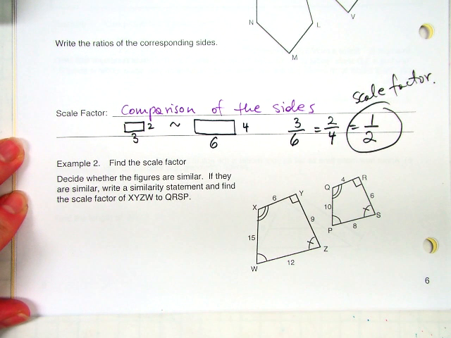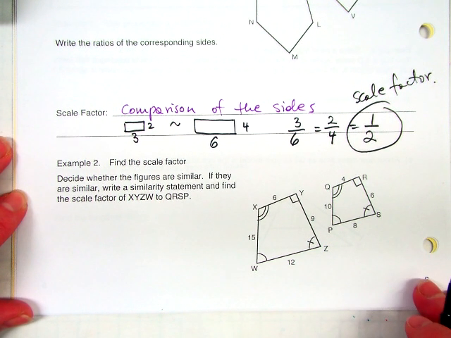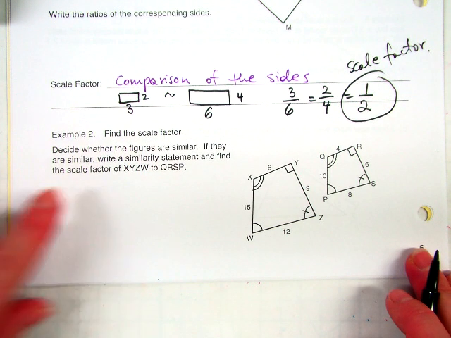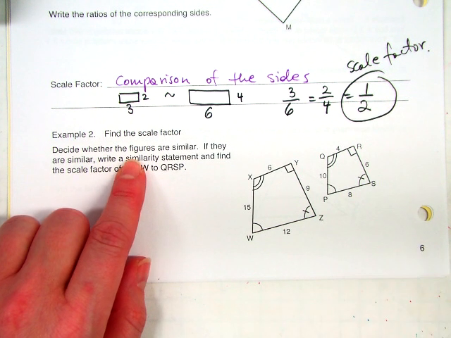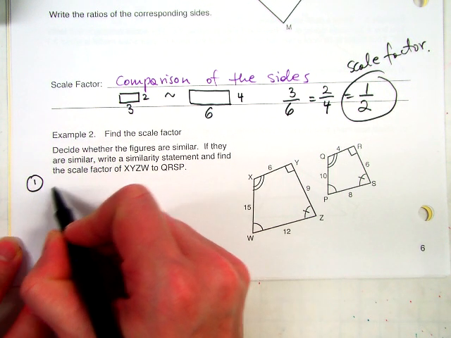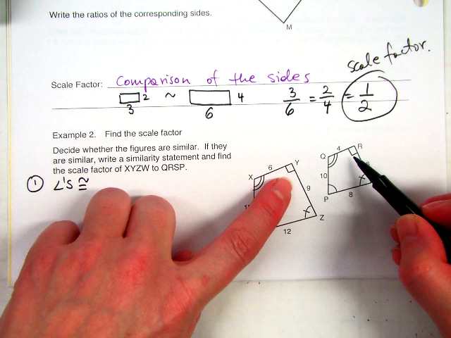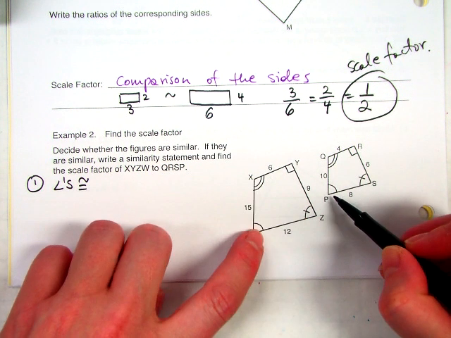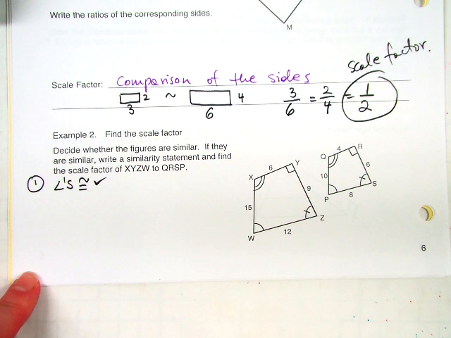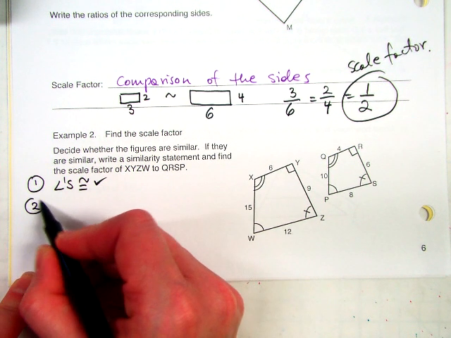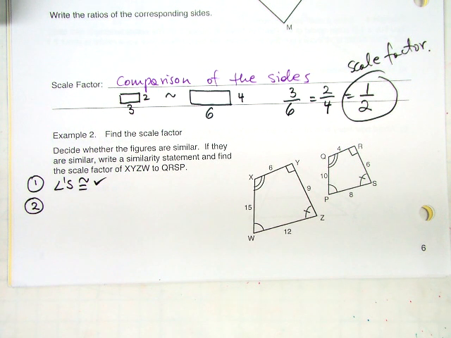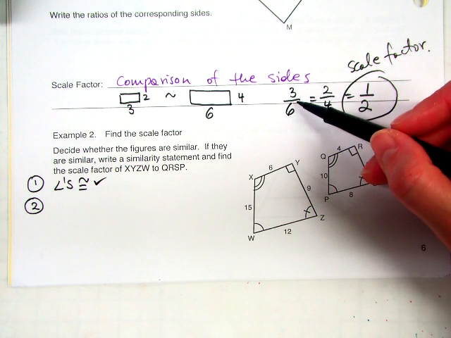So for example 2, we have to find the scale factor. First of all, we need to decide whether the two figures are similar. So one way to check for that is to have all of the angles congruent. So two arcs, a right angle, these are congruent. Yes, check. Those angles are congruent. Now the next thing we need to check is to see if we have a scale factor, if we compare the sides and they end up being the same fraction like they did over here for the two rectangles